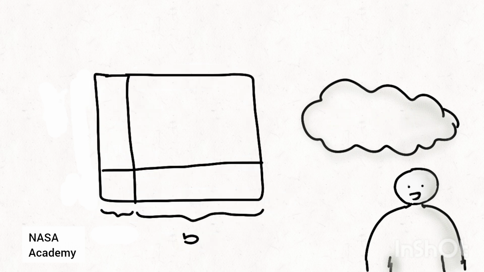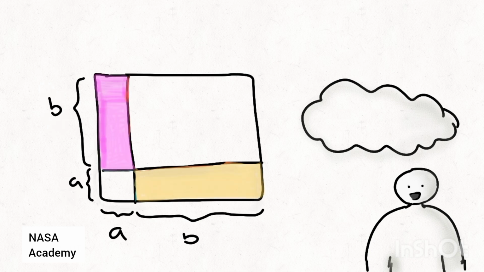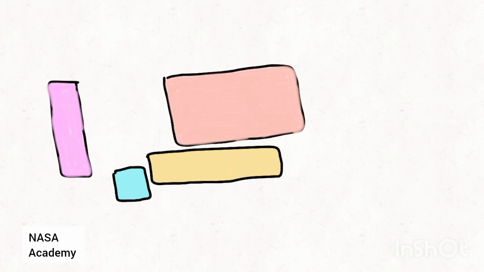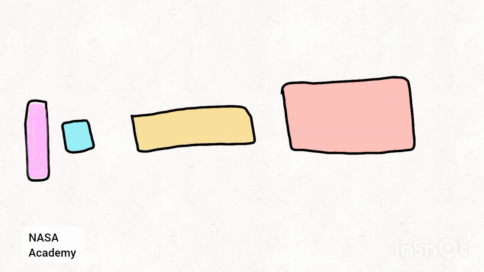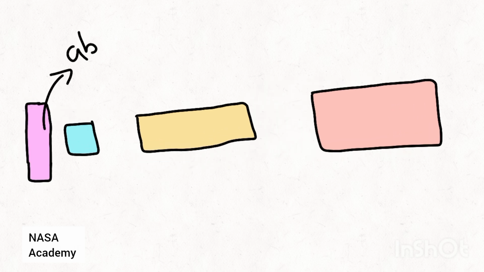Draw a square and divide it so that we get four different parts. Each side will contain a part a and b, and the other side will also have a part with a and b. If we separate these four parts, we will get two rectangles of equal length, and